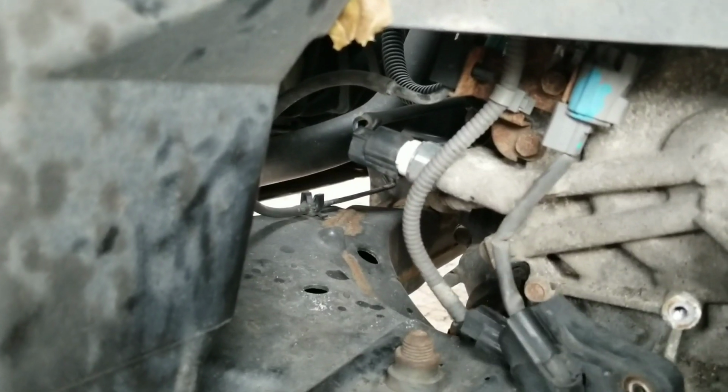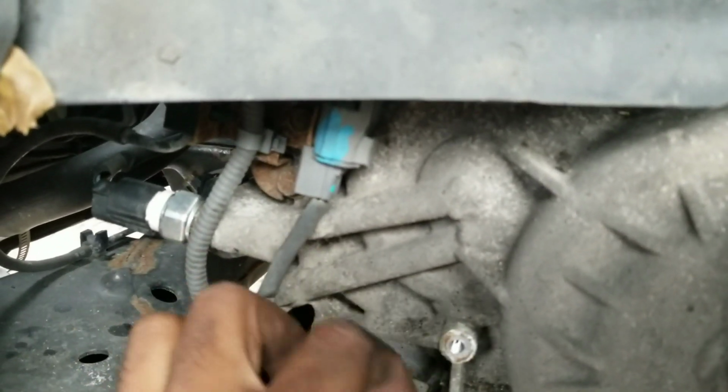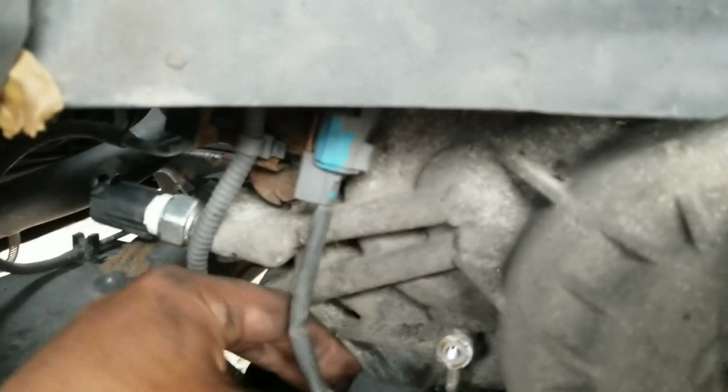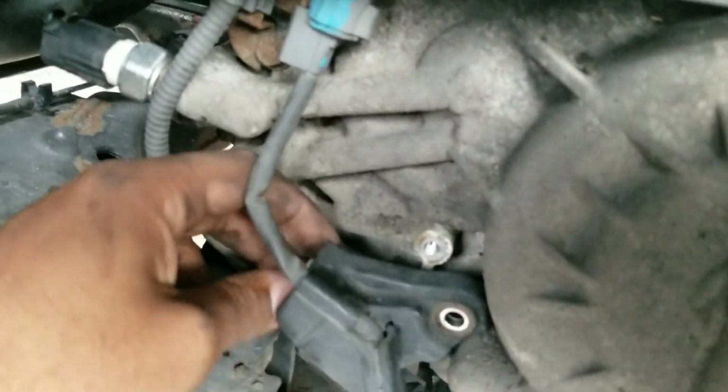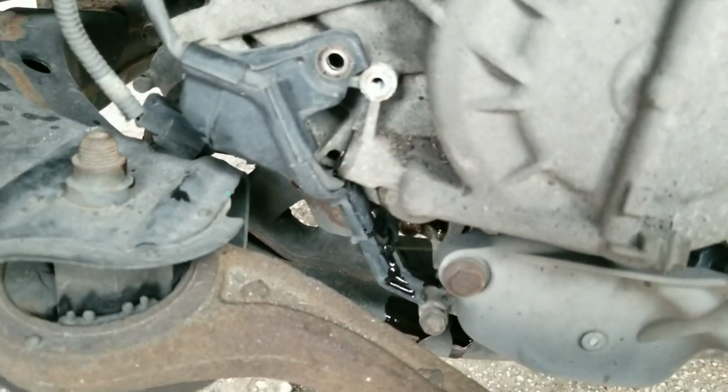All right, so now one is done. So now I'm going to move on to the bottom one here. I already broke this one loose. So I'm just going to unscrew it from the side here. This one's out now. This one came right out. There's going to be a little bit of fluid that drips out of the hole here. That's fine. Just take the new washer,